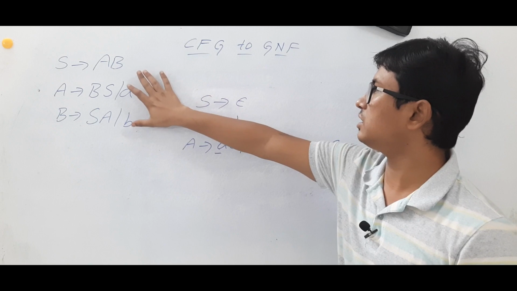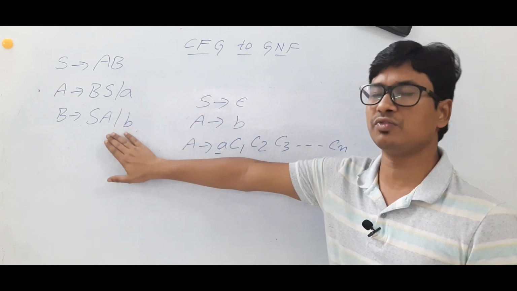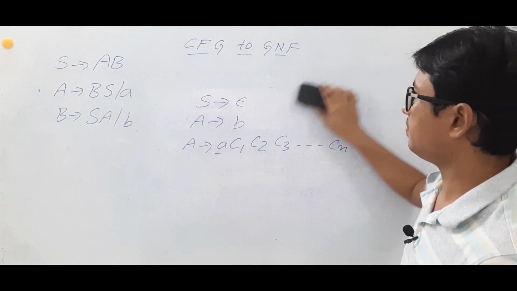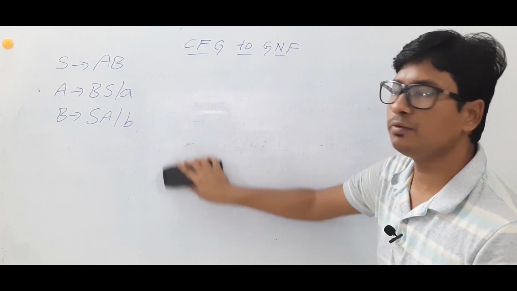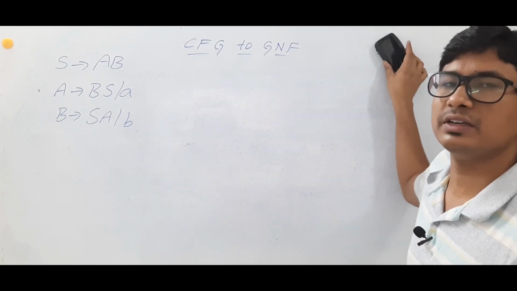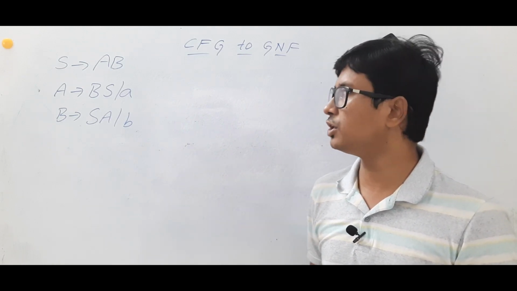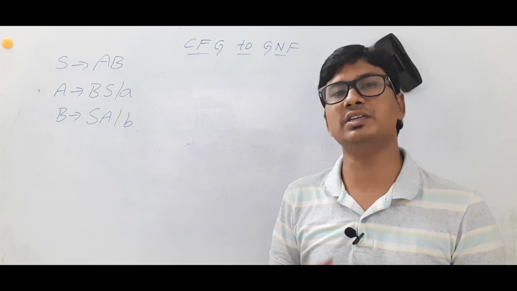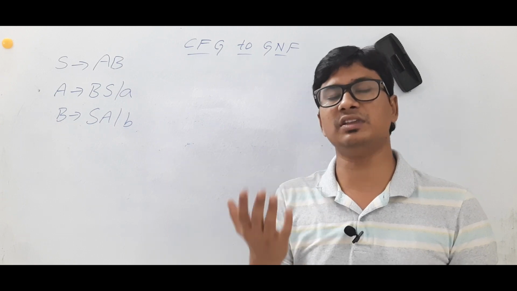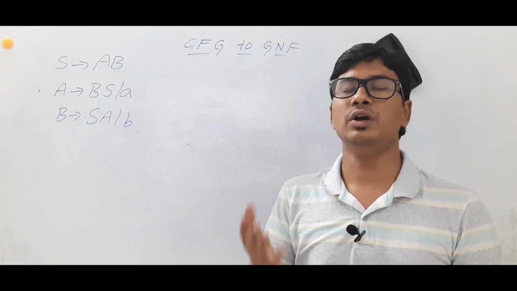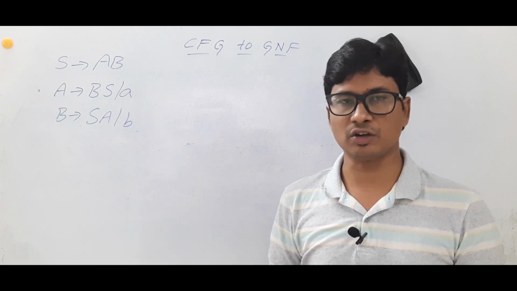Now if you see that this given grammar is not in the GNF, so we need to convert the given context free grammar to GNF. Now we will discuss the steps and then we will convert it. So what is step 1? Step 1 is that we need to eliminate the epsilon productions and unit productions, or sometimes we can call it convert the given context free grammar into CNF also, because even in the Chomsky normal form we have to remove the unit productions and null productions also.